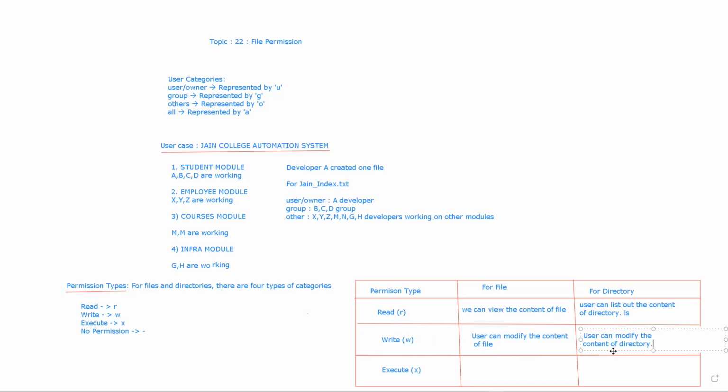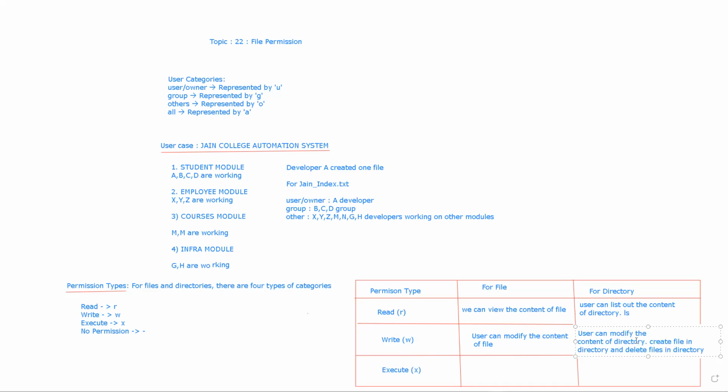And when we say the user has a write permission on the directory, it means the user can modify the content of the directory. Means what? He can create a file in the directory, and delete files in the directory.